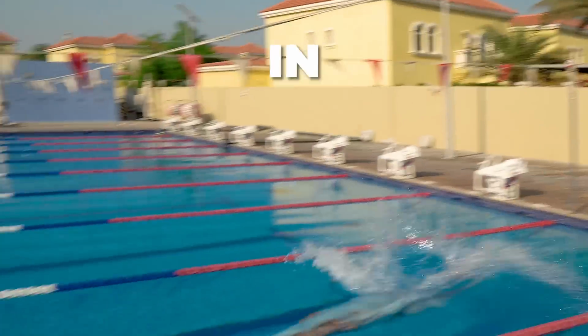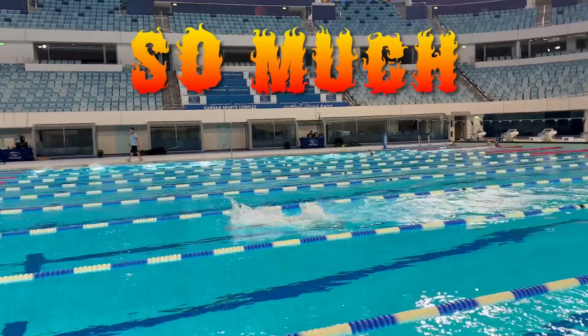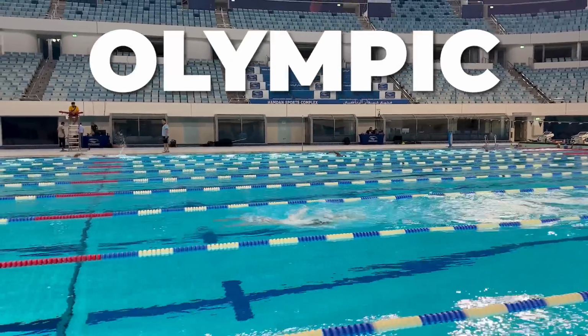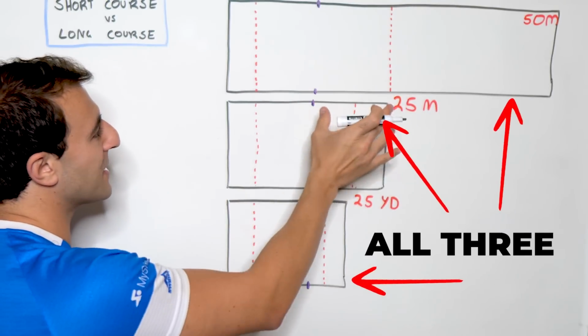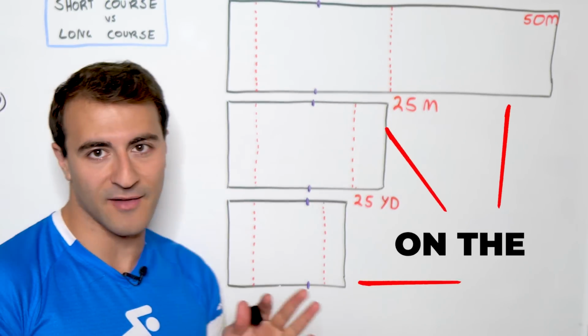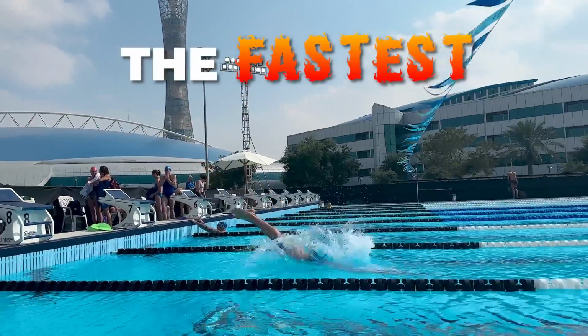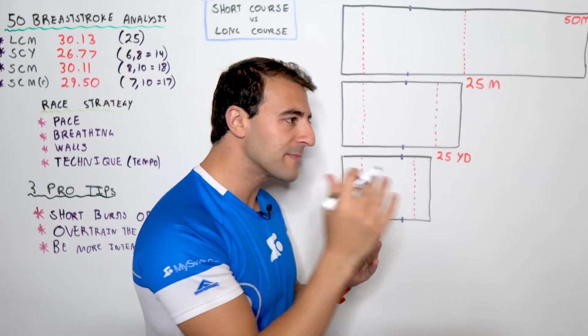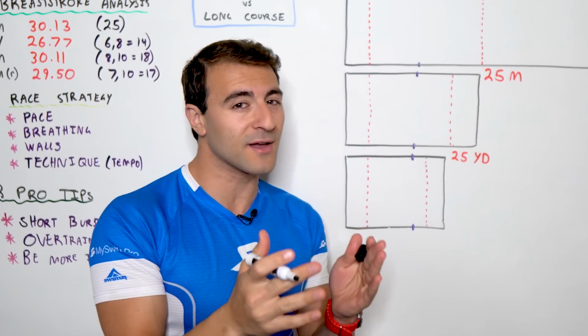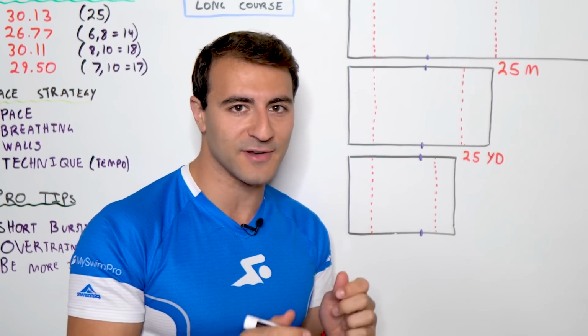This is why swimming in a 25-yard pool is so much faster than swimming in an Olympic-sized 50-meter pool. And to illustrate this, I have all 3 different pool sizes on the whiteboard. Now we know that the fastest you swim is when you go off the block or push off the wall. The momentum that you have is just cutting through the water because we know the water is 800 times more